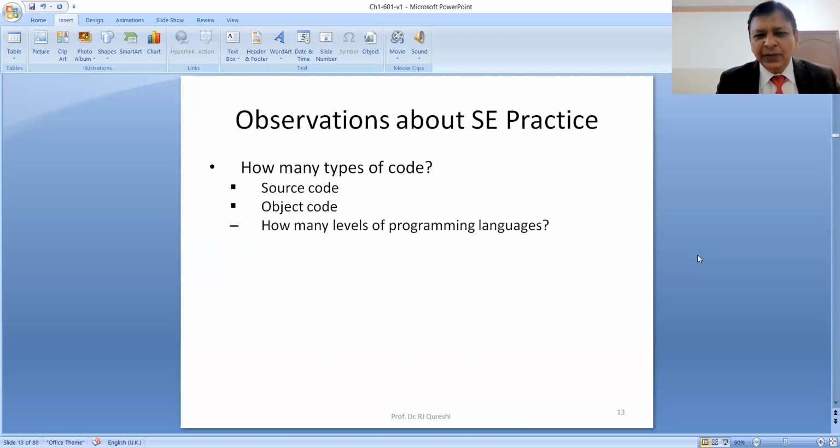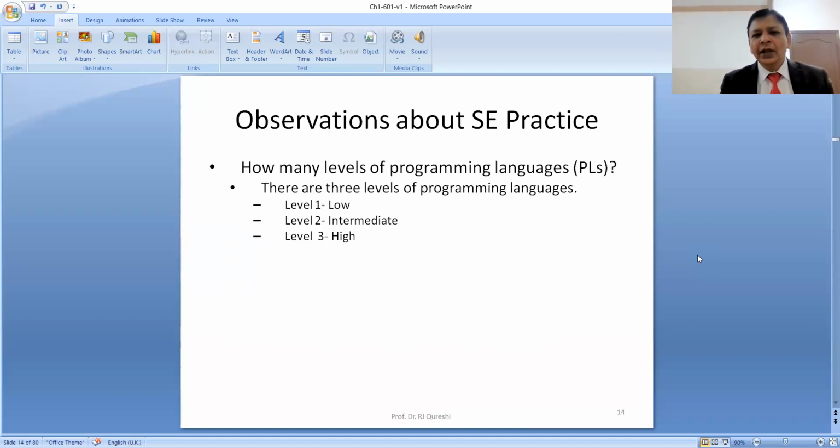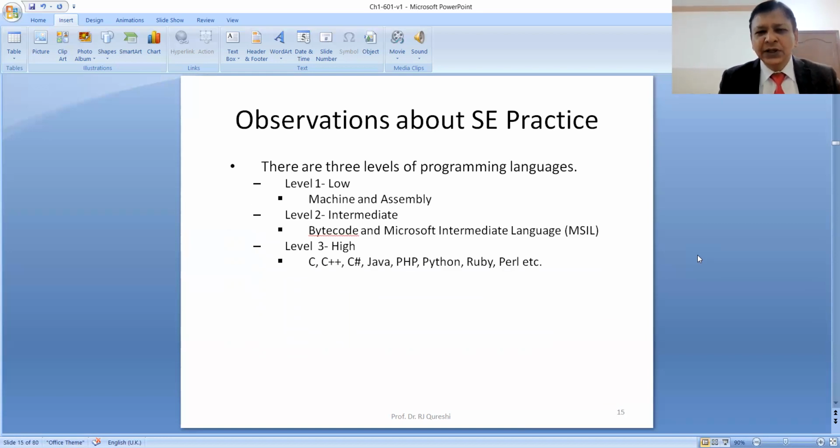How many levels of programming languages? Now we have the next question. There are 3 levels of programming languages. We have low level, intermediate level, and high level. So what's low and what is intermediate and what is high? Machine and assembly languages are under the low level,